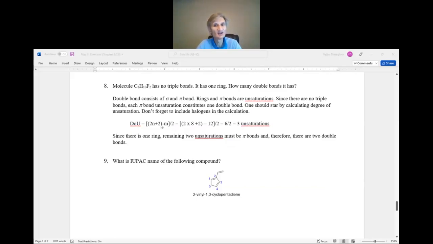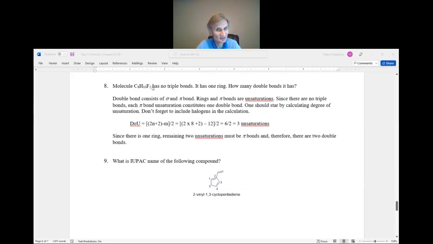And the formula for calculating degree of unsaturation is (2n + 2 - m) divided by 2. N is the number of carbon atoms, and m is the total sum of hydrogens and halogens. And don't forget halogens. So C8H10F2. 2 times 8 carbons plus 2, that's 18, minus 12,